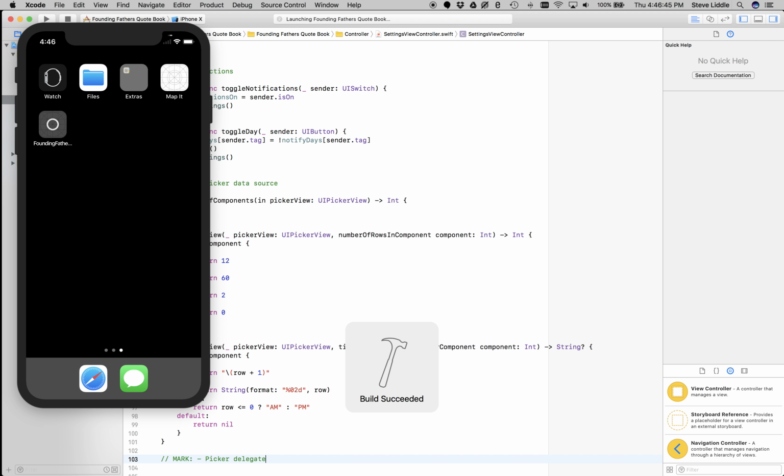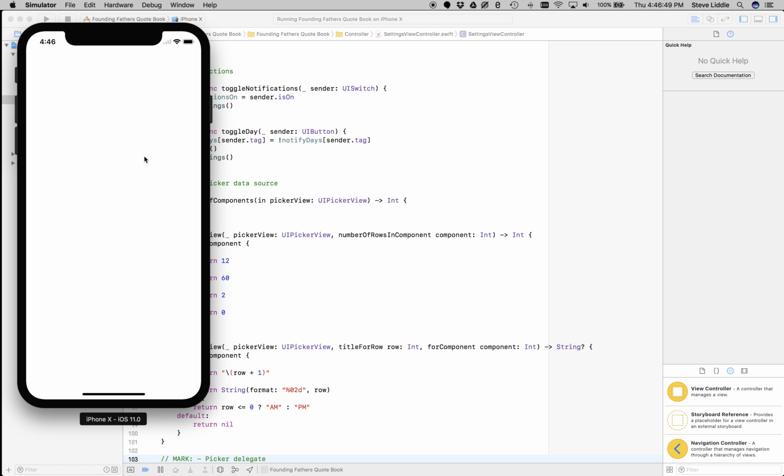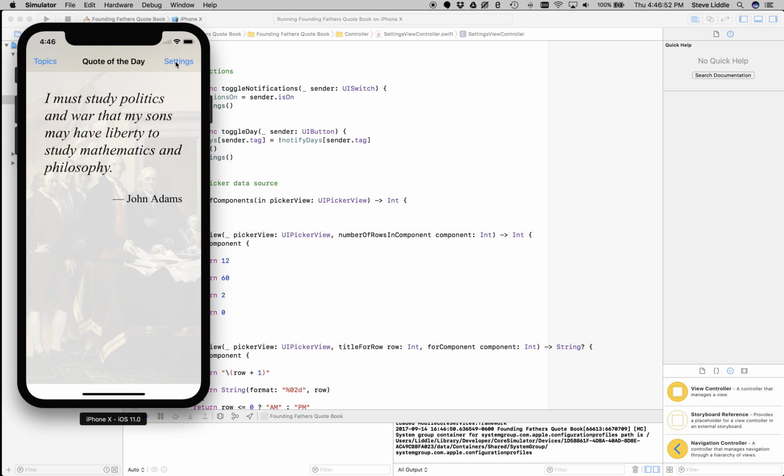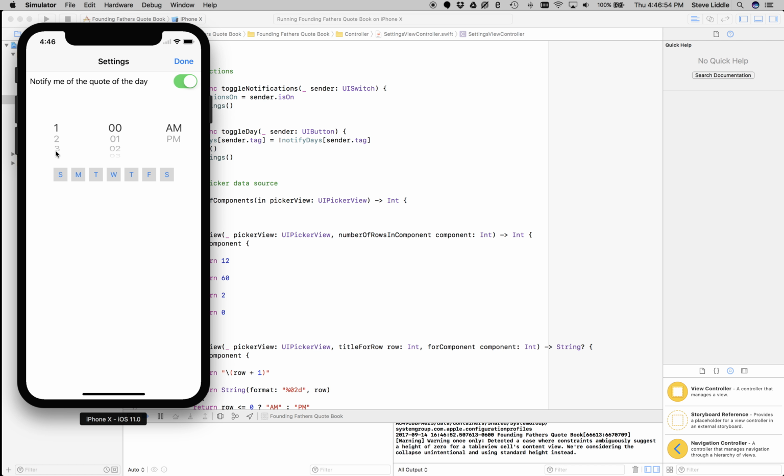Building. Loading. Comes settings. Hey, here we go. So 1 through 12. And here are all my minutes. And there's my AM, PM. All right, now, so we've got this displaying. Now we could complain about the width and some other things. So we may want to deal with this just a little bit differently still. But